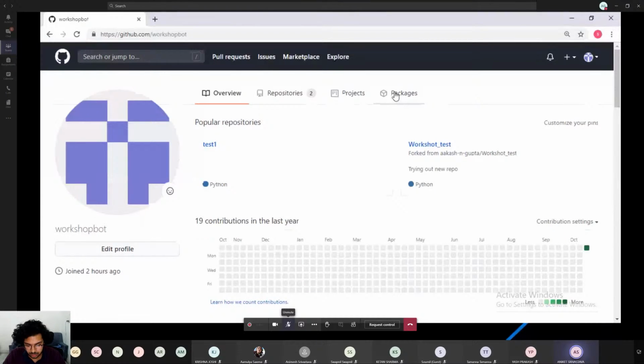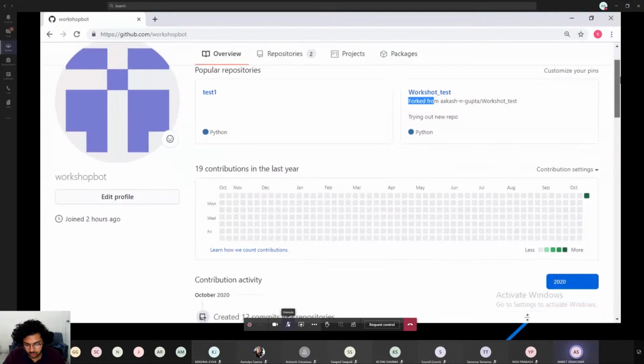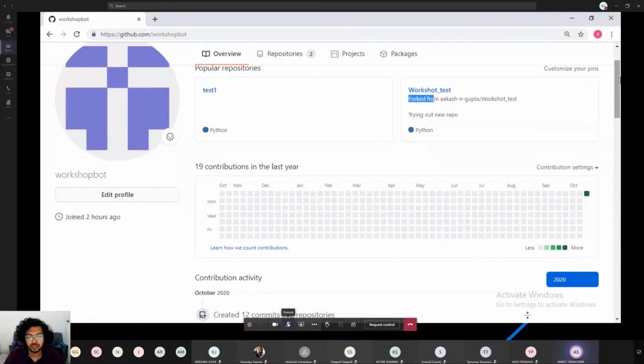Okay, here. As you can see, there are two repositories which I created today. So there's one much, and one I'll teach you about fork later. See, this is the timeline here. It will show how many contributions you made. From white to light green, it shows what is the weightage of your contribution. Okay.